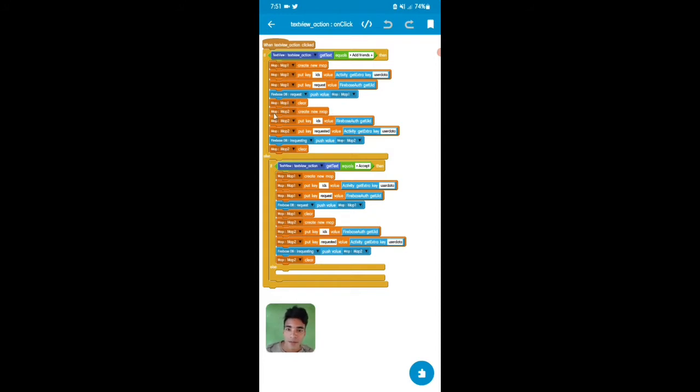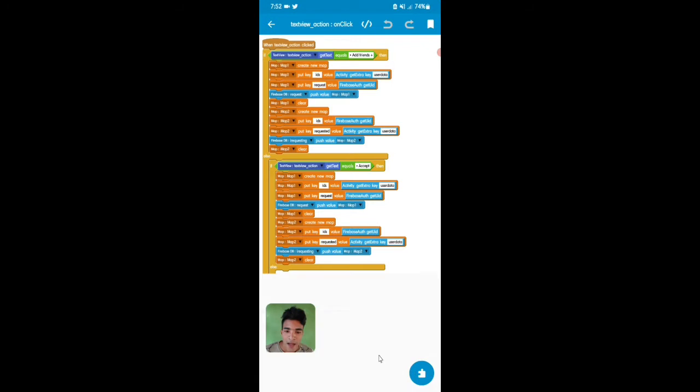And then I added map2 create new map2 put key IDs value Firebase auth get UID, and map2 put key requested value activity get extra key user data, and then Firebase DB I requesting push value map2, and then map2 clear. Else if text view action get text equals accept, then the same code is here. So guys, we'll just copy and paste it there, and else nothing.